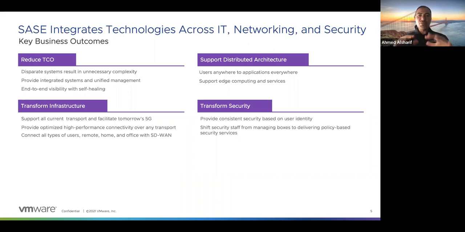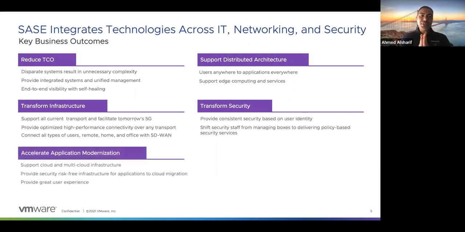Okay, so those are from an infrastructure perspective. The last two things are actually related to the business, all the way to the application layer. The first one is accelerating the application modernization. And again, let me put that in context so you understand the distributed architecture and application modernization. When somebody is modernizing the application, this modernization will be required to transform the business, by the way.